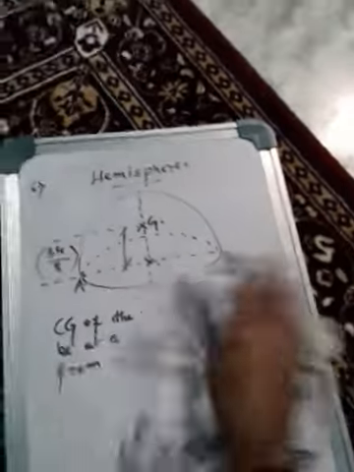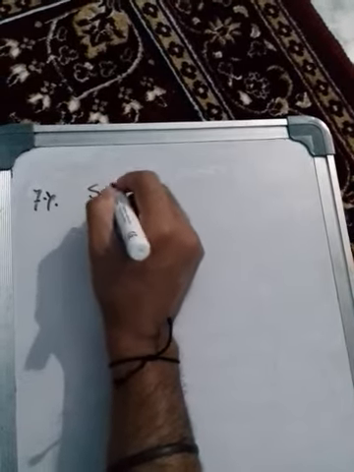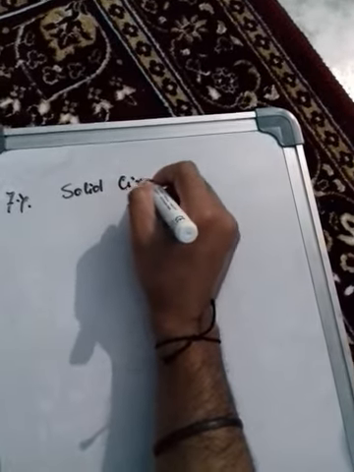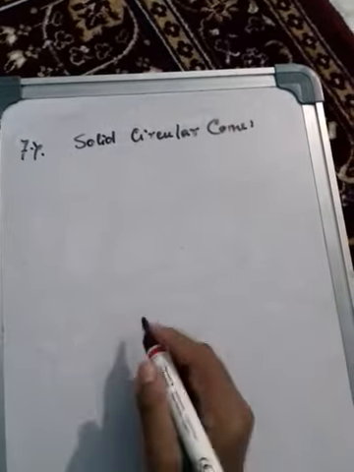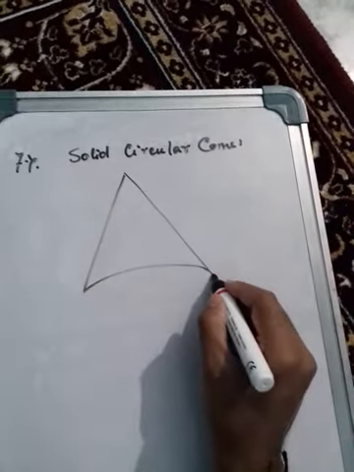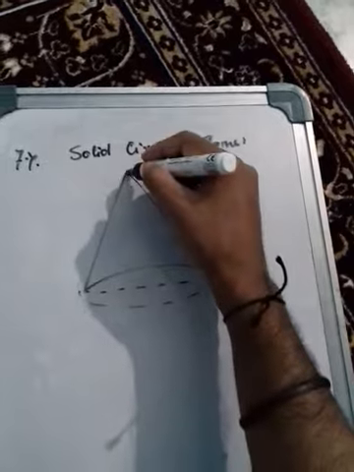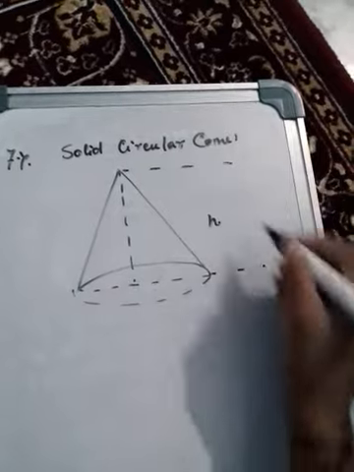Okay, now let us take the case of a cone. Let us draw the figure. A cone will be something like this, a solid circular cone. This is the axis. Now, if this is the total height of the cone,